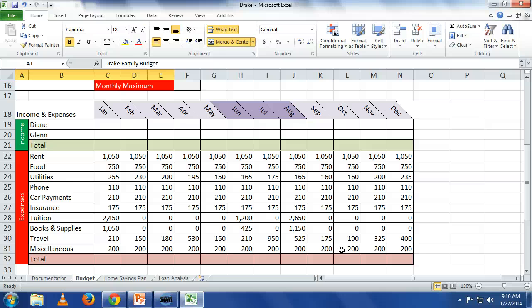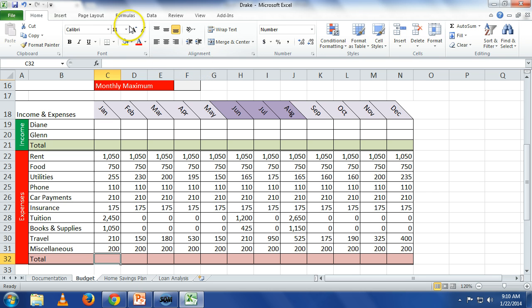So what I want us to do is go down to cell C32. Okay, let's start in cell C32, where we're going to sum up the expenses for January. A couple of things I can do to enter this formula. I know obviously you guys know one, we can use AutoSum and it'll shove it right in there for us, yes? Another way we can do this is, and I'm going to show you all three ways,